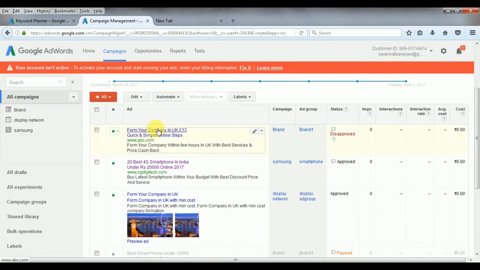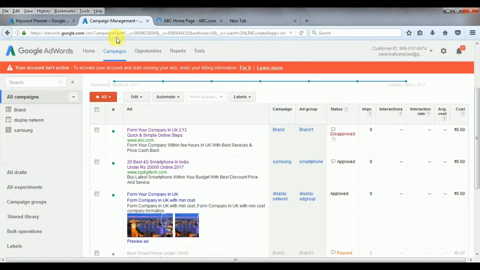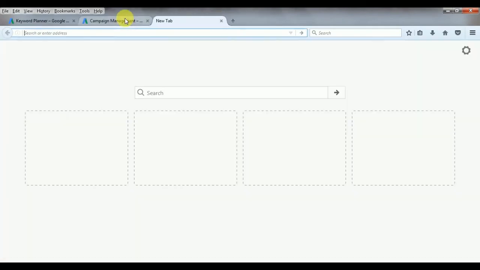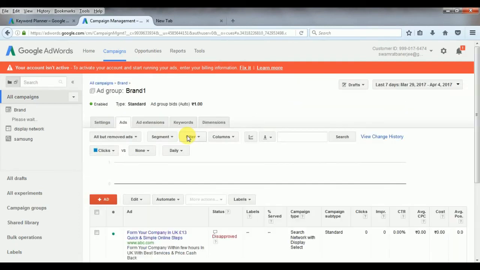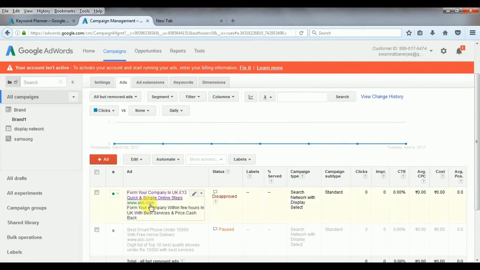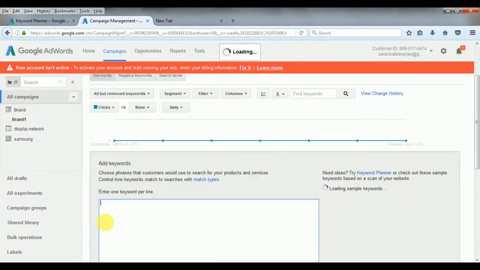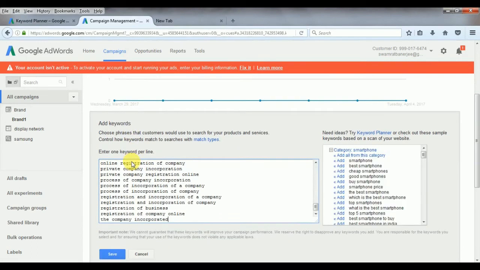So again here I want, I'm going to add group and keyword in here. You have to put those keywords in here, but I am not saving it because before